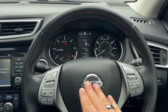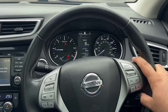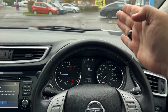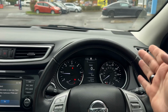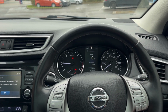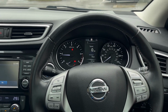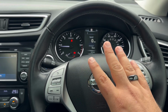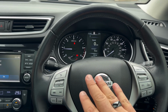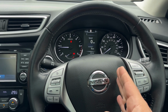Now lane departure warning is different. What that does is basically it doesn't have any input on the steering wheel. However, if you're going over the lines on either side of the road, then it will start beeping at you to tell you that you are crossing over the line, so you can make small corrections and go back to the center of the lane. So lane departure warning is not as advanced as lane keep assist, but I prefer lane departure warning over the lane keep assist. And the reason for that is because